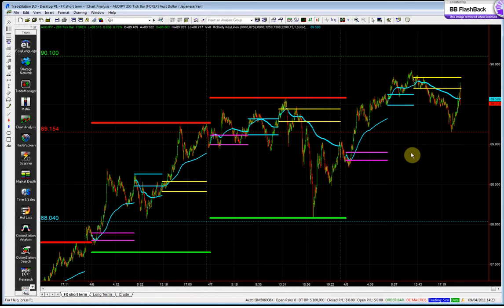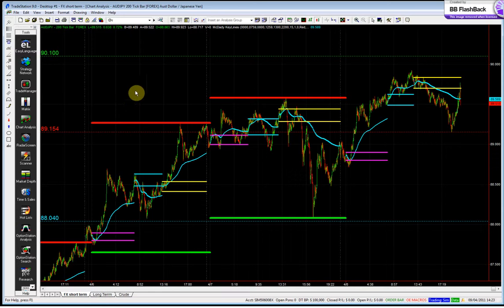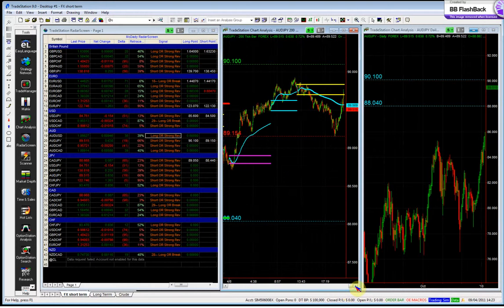Our short stop is going to be the previous daily high of 89.60. So 89.60 for the short stop, the long stop is 89.80. Okay. Just going to save the